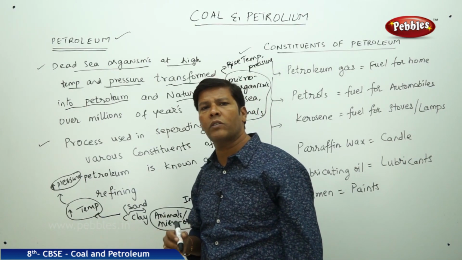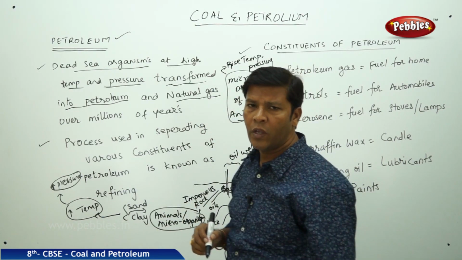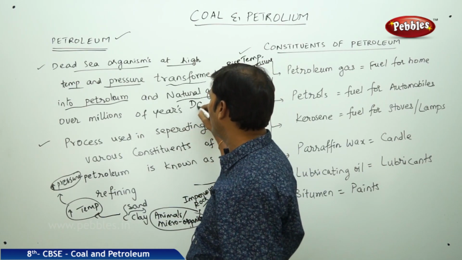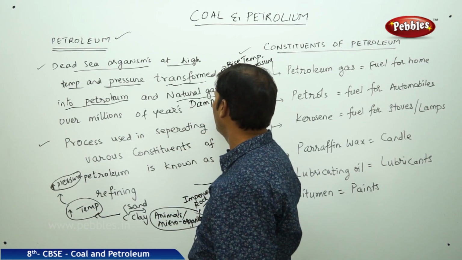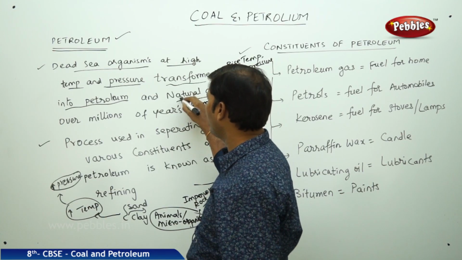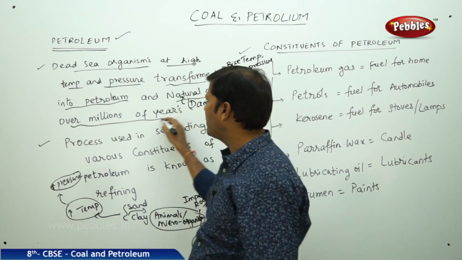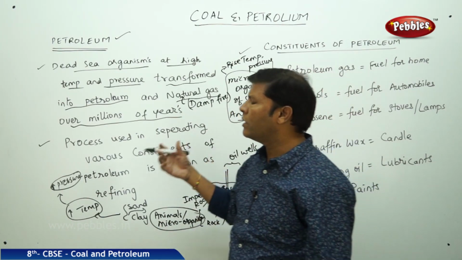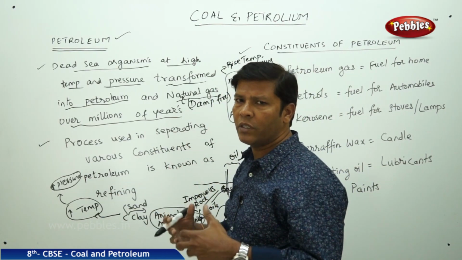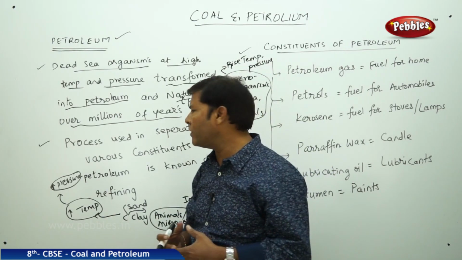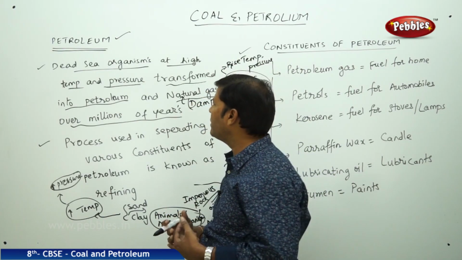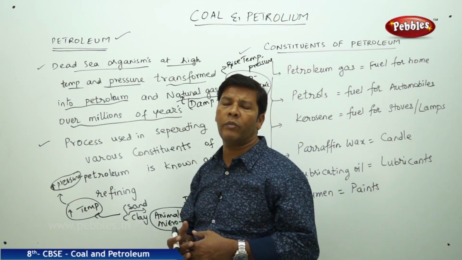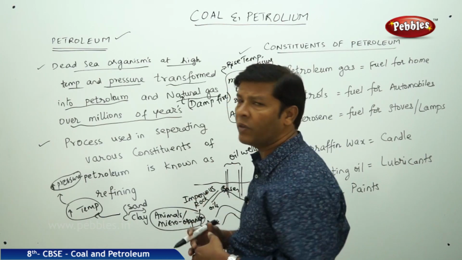Natural gas is also called marsh gas or damp fire, because it catches fire very easily. We call this damp fire. This natural gas and petroleum is stored for millions of years. Over millions of years, it is a slow process, and it deposits in the inner region of the depth of the sea. Then this petroleum and natural gas has to be explored. The exploration of the petroleum and natural gas is done in the petroleum refinery.